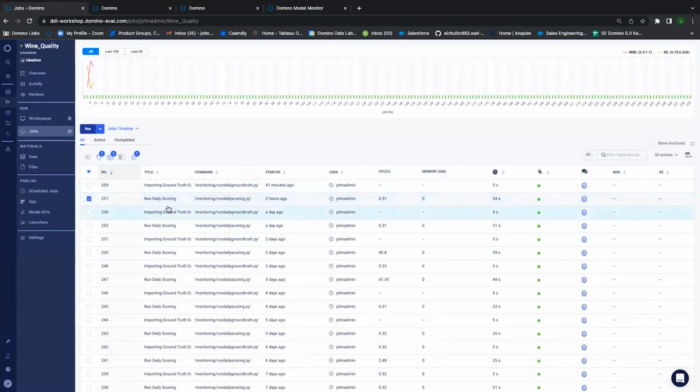I'm looking at that job that just ran. I can see the number. I can see the title that was given for this job. The command that I selected, in this case, it was a file name versus an actual command itself. When did it start? Who's the user that's running this? In this case, it's me. What type of resources did I use, and did it go over a certain threshold? How much time did it take this job to run? What was the status? Was it good? Was it bad? Is it still running?